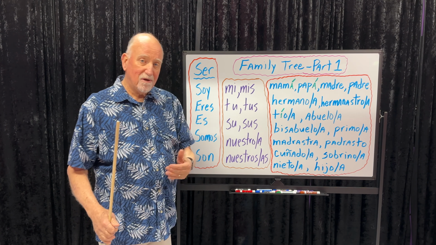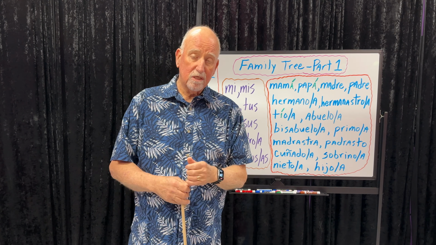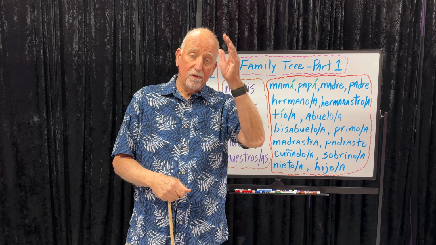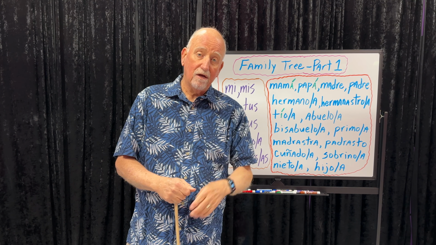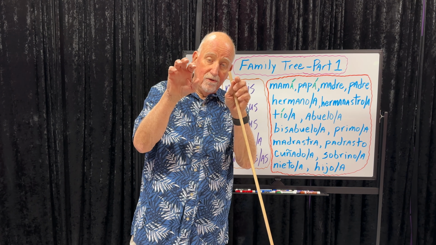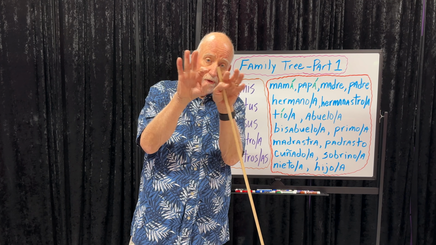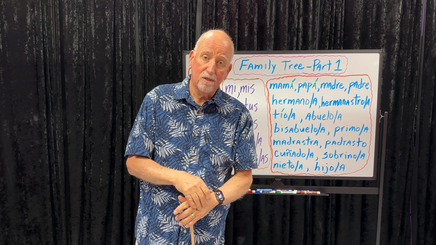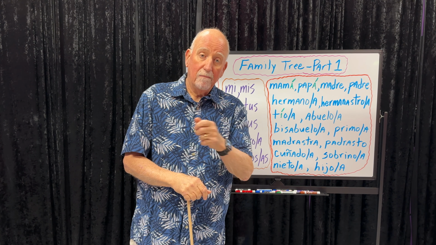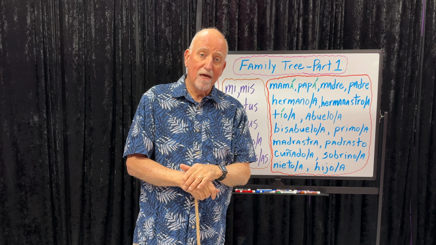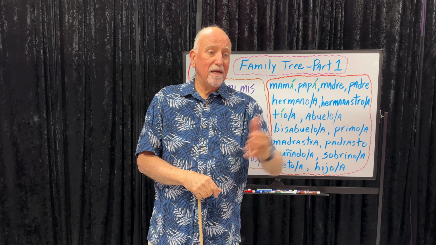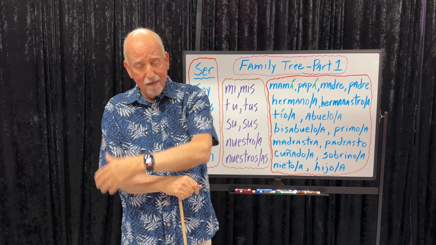Now you hear that mijo and mija. Well, hijo spells H-I-J-O, and mi is M-I. We know the H is silent, so if you take the H out and you have the mi, M-I, and then you have the hijo, those two I's in the middle, they blend together and it makes one sound. That's why it sounds like two syllables. Mijo. Mija, my daughter, you hear all the time. Parents calling their kids, hey, mijo, come on over here, mijo. Mija, mija, ven acá, come on over here, mija.